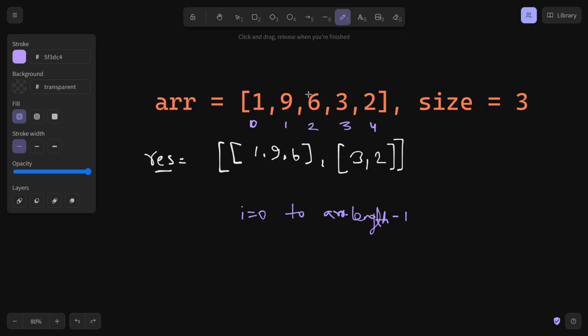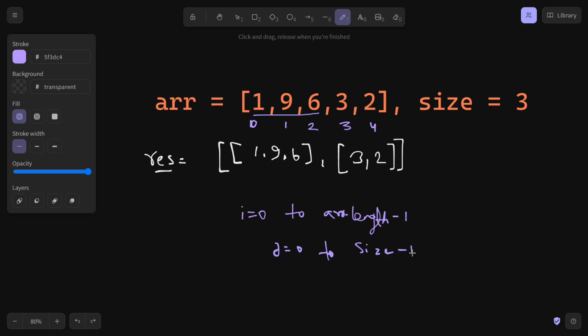Here the length is 5, so we'll iterate from 0 to 4, and for each iteration we will take these 3 values, which is the size. So for each loop we will start from j equals 0 to size